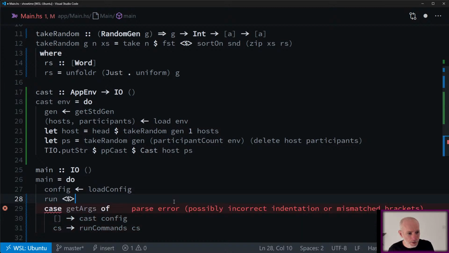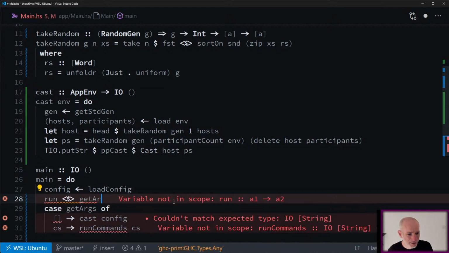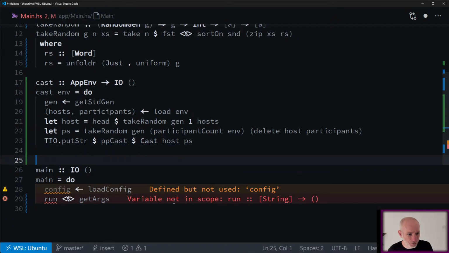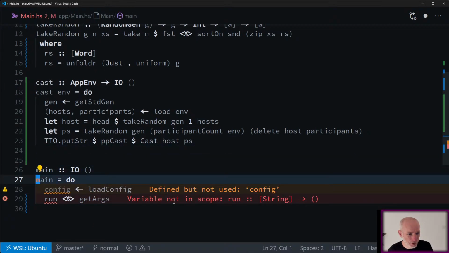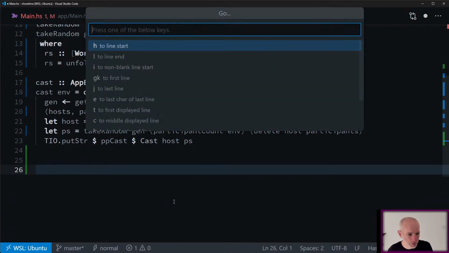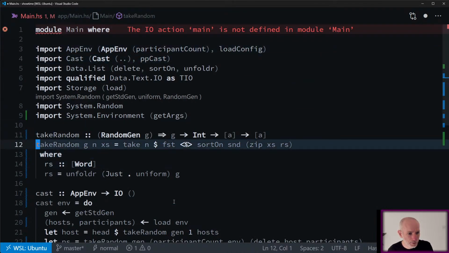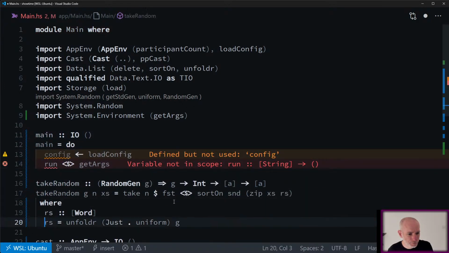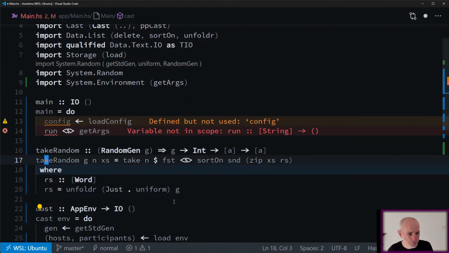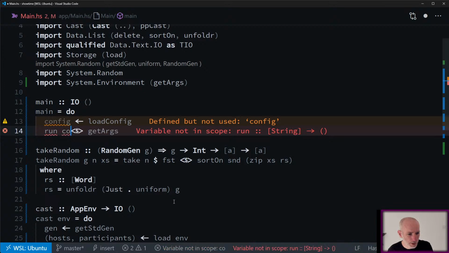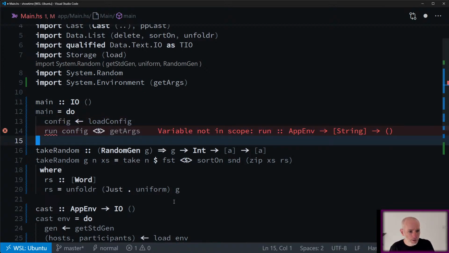I'm just going to call this thing run. Do its own function. I don't know why I'm putting this above main. Let's swap this around. So we'll put main at the top. Run takes the config and the args.